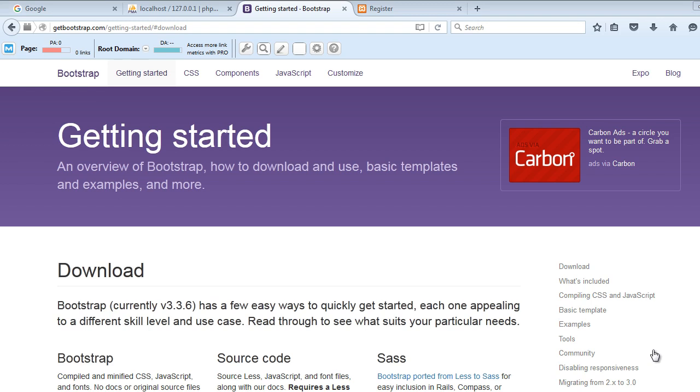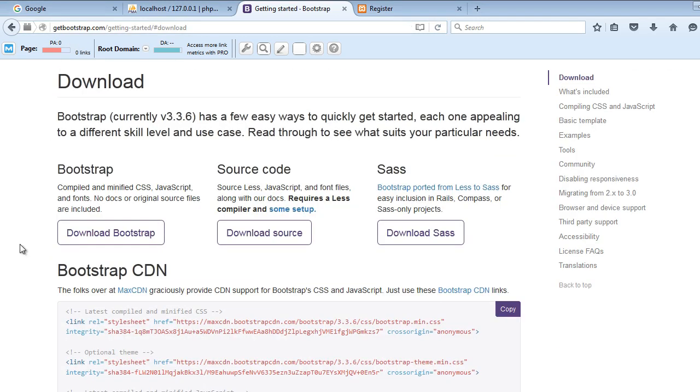From this video, we will start creating the user interface of our project. For that, we will use Bootstrap. To download Bootstrap, go to this link and scroll down and you will see this download Bootstrap button. Click this and your download will be started. I have already downloaded it, so I will not download it again. After download, extract that folder